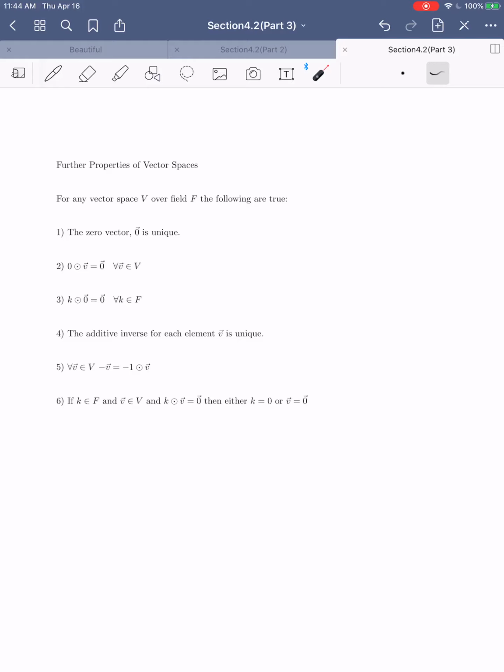If you need to figure out your 0 vector, imagine doing scalar multiplication by 0. That'll give you your 0 vector. Need to figure out what your additive inverse is? Well, you can do scalar multiplication of -1 with a vector, and that must be the additive inverse. So if you're ever unsure what you should use for the 0 vector or the additive inverse, these properties, specifically property 2 and property 5, really tell you how to find the 0 vector and how to find the additive